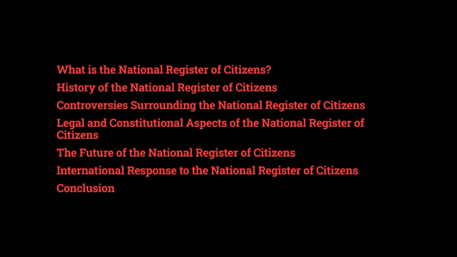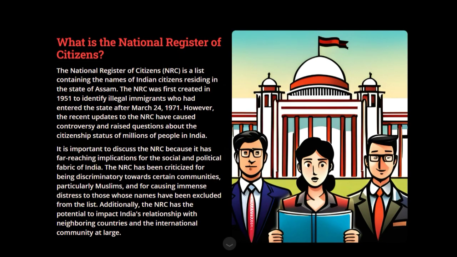Now, what is the National Register of Citizens? The NRC is a list containing the names of Indian citizens residing in the state of Assam. The NRC was first created in 1951 to identify illegal immigrants who had entered the state after March 1971. However, the recent updates to the NRC have caused controversy and raised questions about the citizenship status of millions of